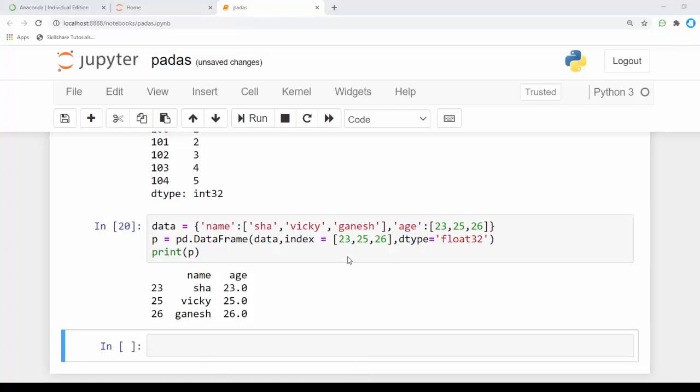We can also create a data frame from a list like that. For example, I'm going to create another data frame here.